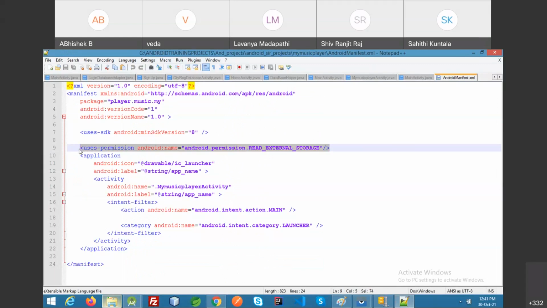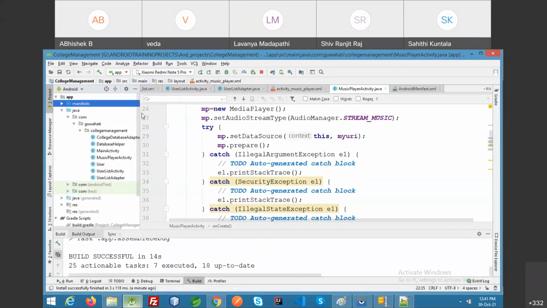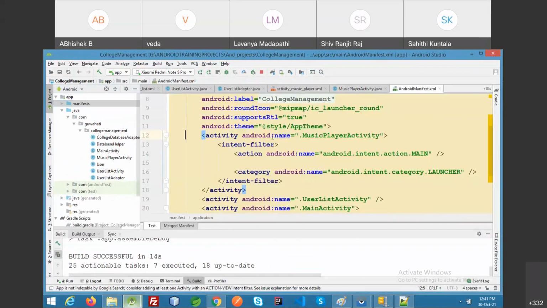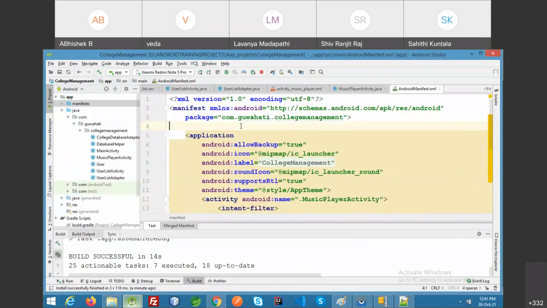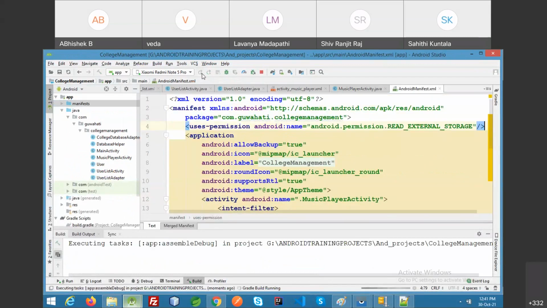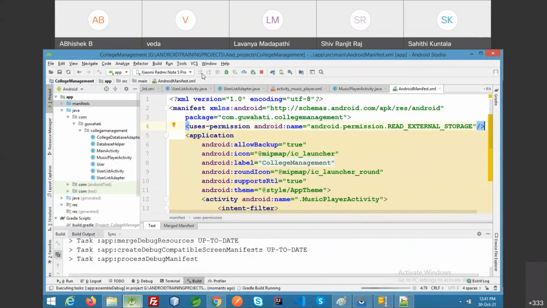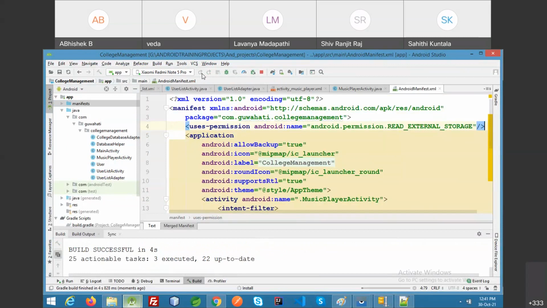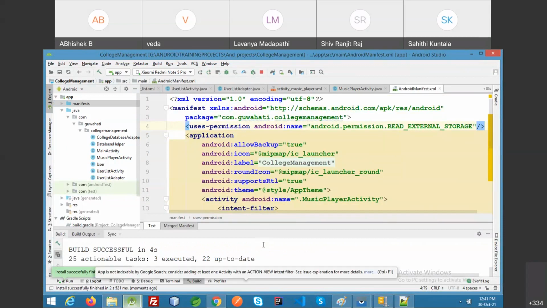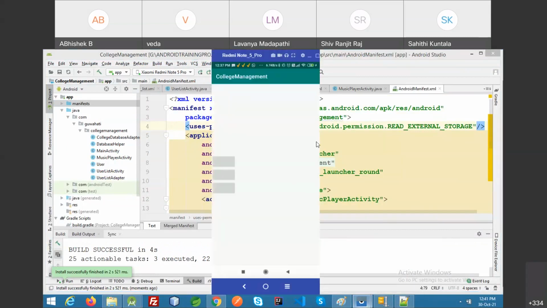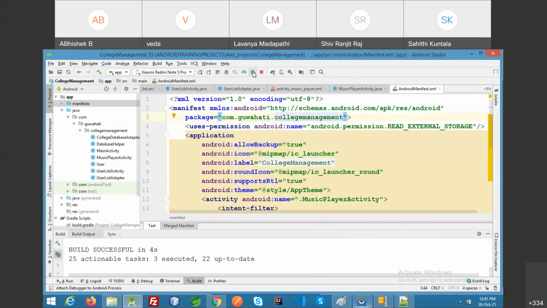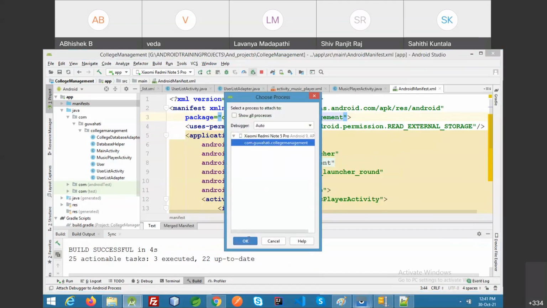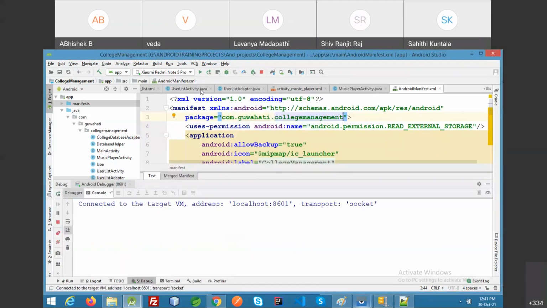I needed to give this permission, read external storage. Let me attach the debugger to it so that I can identify where the exact issue is.